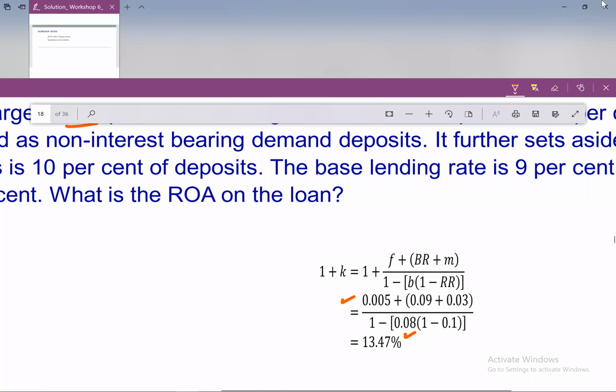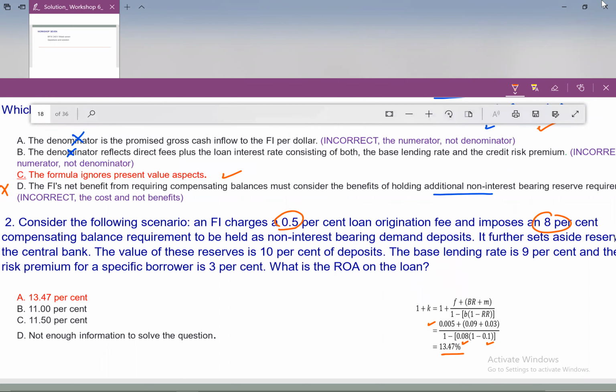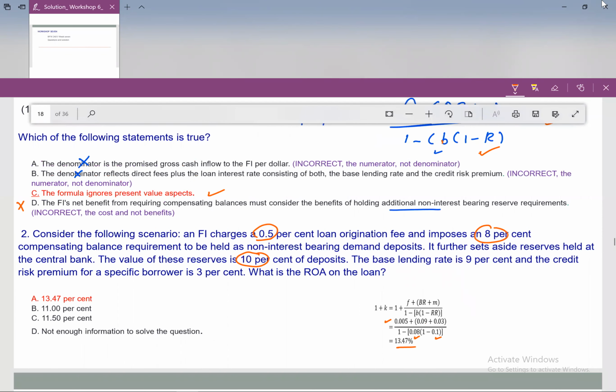This is 10% the reserve. So it's 1347. And as you can see, I will just highlight it. This is the 8%. And this is the 10%. Now you are ready to calculate it. I think the basic rate is